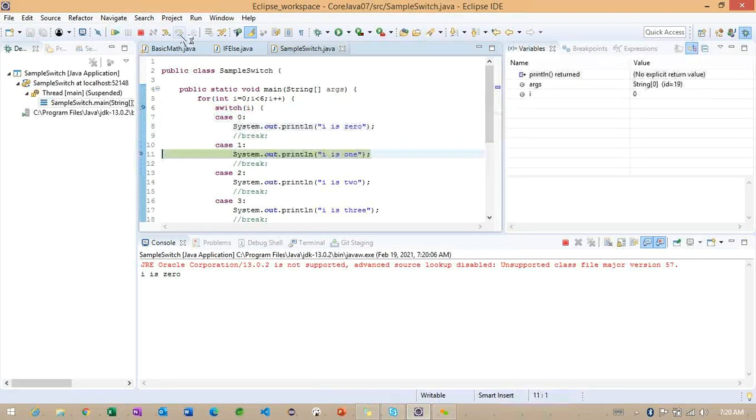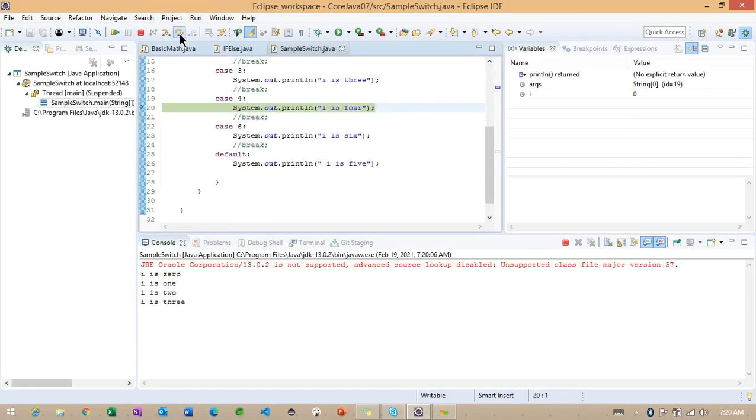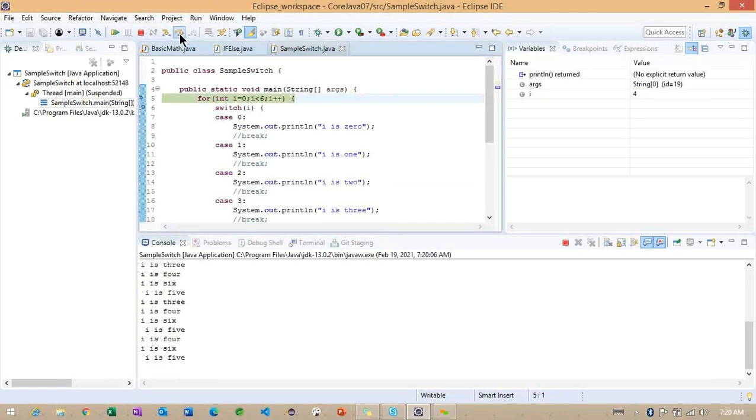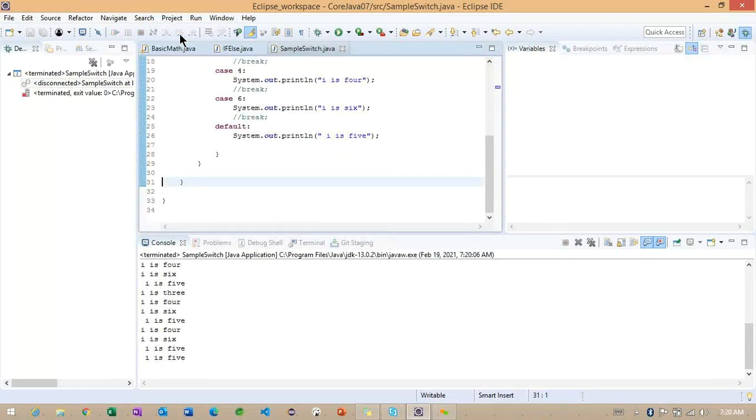The i value we are getting, so see here. What we are doing here is trying to check all the cases here. So even though the case is not matched, still we are able to check with all the cases.